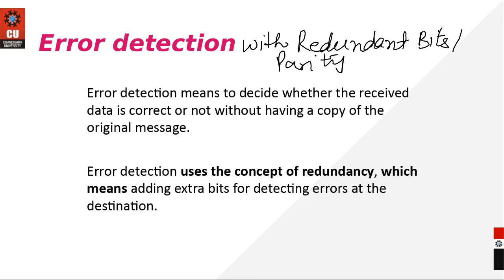Okay, jokes apart. So in case you're talking about error detection, this is done with the help of something known as redundant bits, which are also known as parity bits, right? This topic is very important. You all need to understand it carefully. So whenever we are trying to detect an error, we can do it with the help of redundant bits. What are redundant bits? Probably you might have heard about this term many times in your database subject.